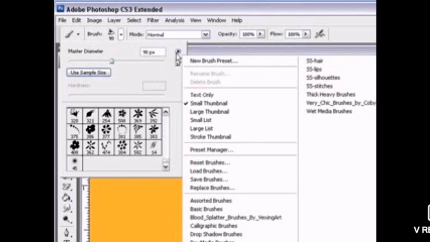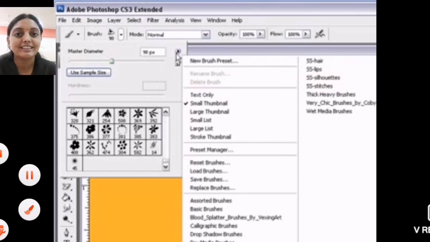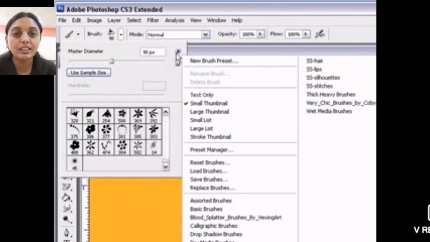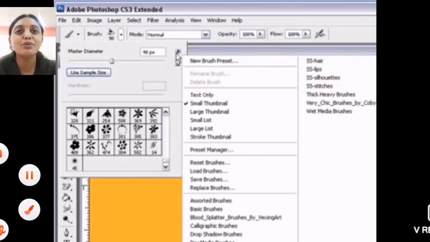Now students, it is your duty to learn each tool properly by practicing it at home. So now practice this kind of tool on any image, which will make you use it frequently on any image. So start practicing each tool now. Now let us move forward to the next tool.